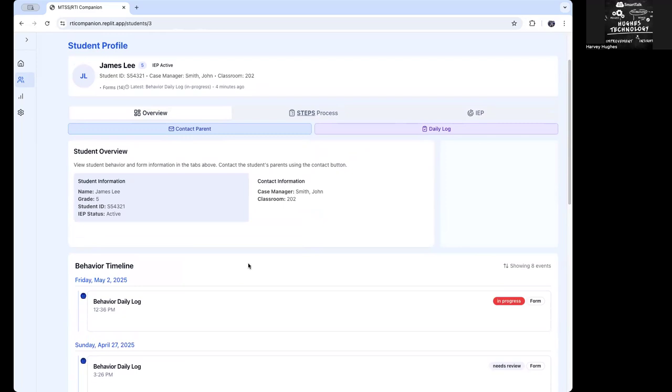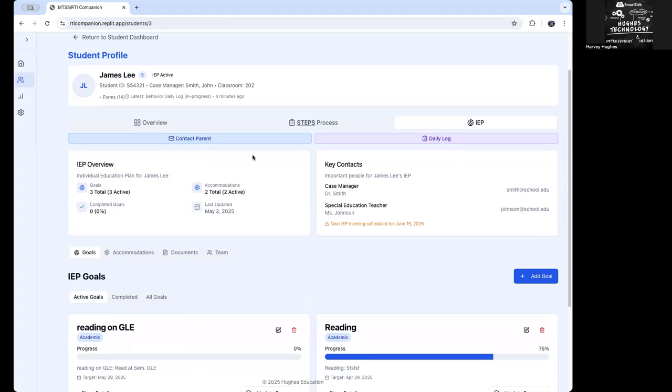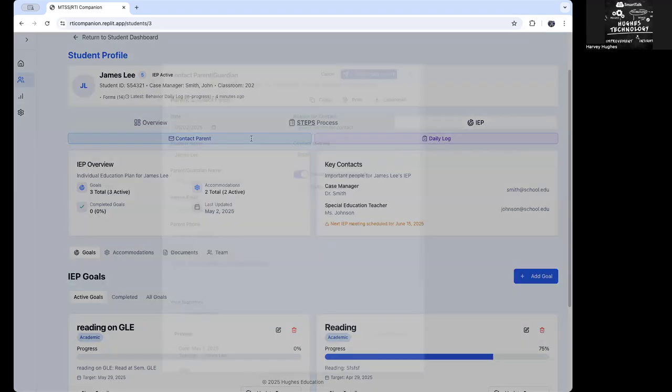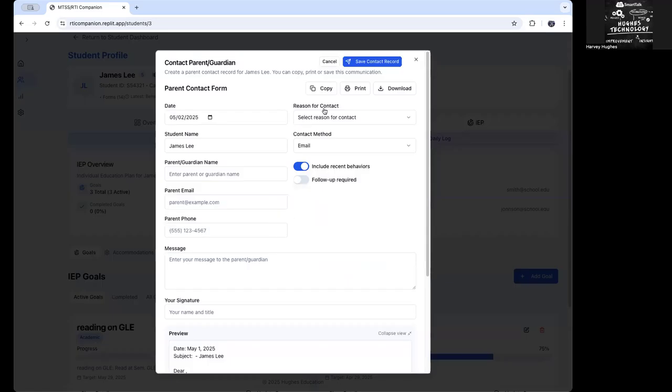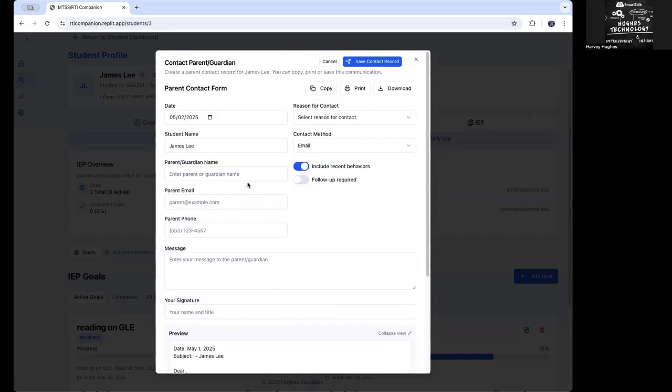The history, the actual behavior process that you adopt, and it goes to the IEP. And then the last function here is just something we designed, a really quick way to say I'm going to communicate to the parent. And down here is a preview of a note or a comment or an email that you want to send to a parent. But as you come up here, you just basically say the reason for contact is a positive behavior recognition, and we're going to send it by email, or in this case, maybe a text message or just a physical letter. And the parent guardian name is